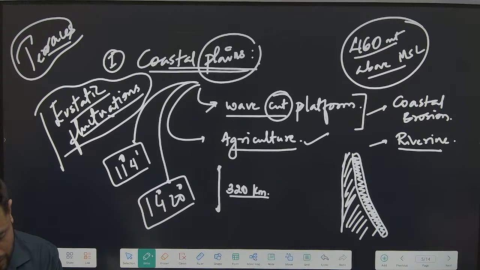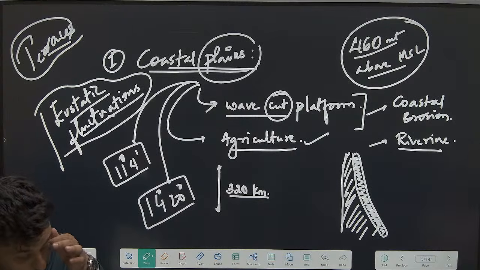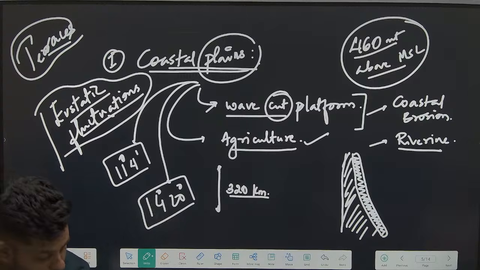There is a question here. Does continental shelf play a role in coastal erosion? Let's imagine if we had a very narrow continental shelf, will the erosion be high or low? First of all, the question is fundamentally not proper. Continental shelf and coastal erosion, I don't know how to derive a linkage over there. That's not the case, right?